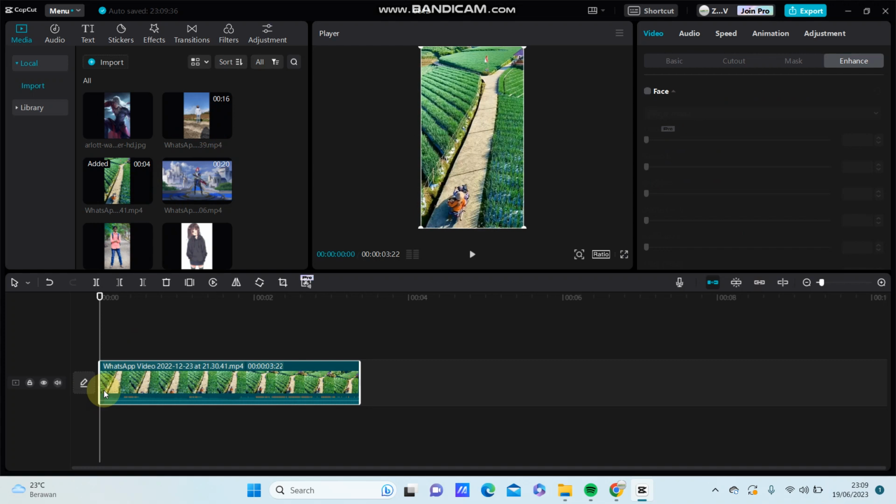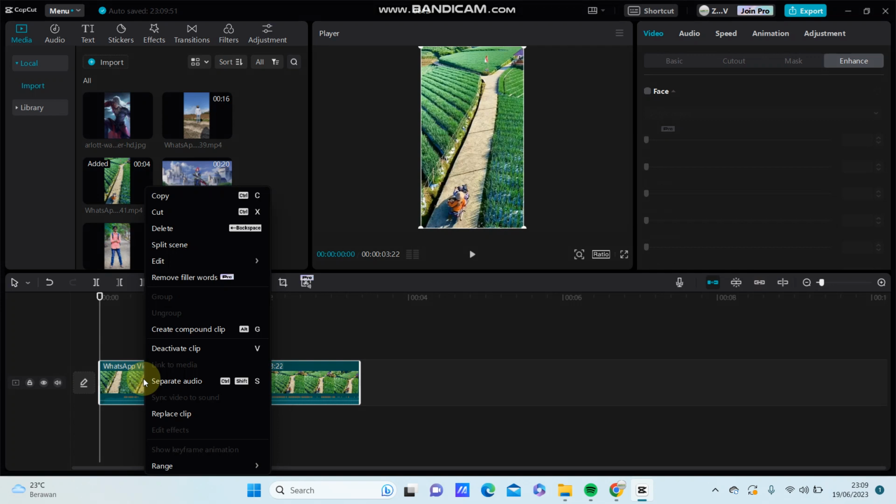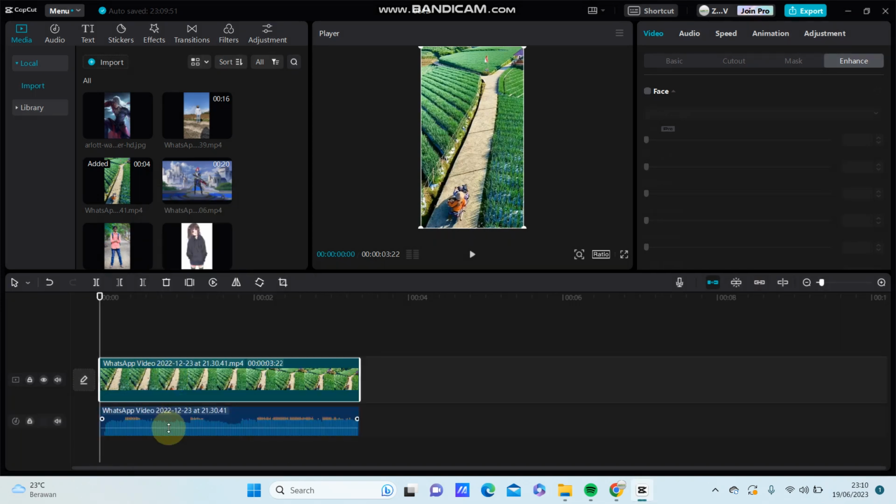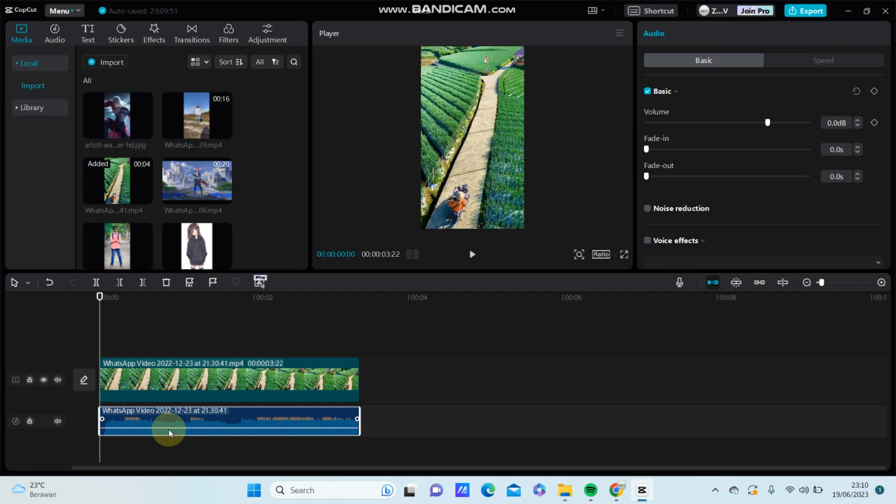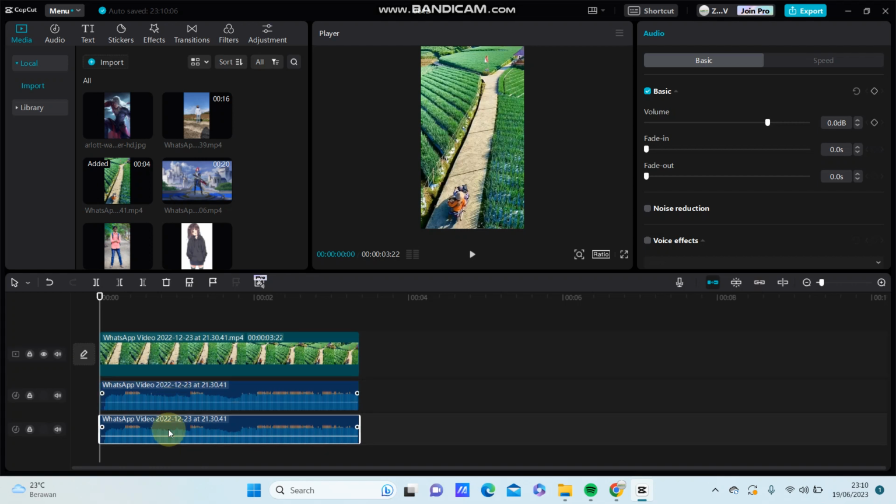So I have a simple trick that you have to do. Right click on the clip and separate audio. So just copy paste the audio and copy paste again